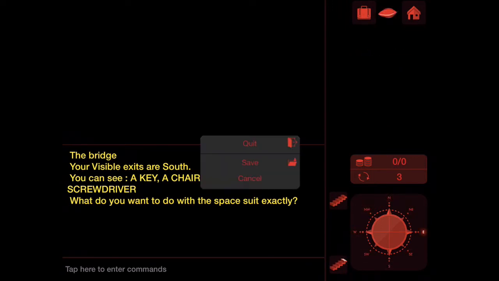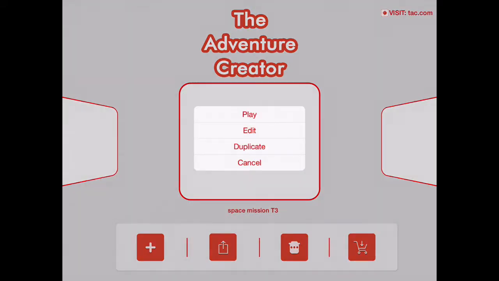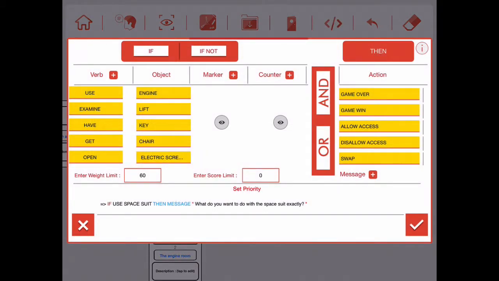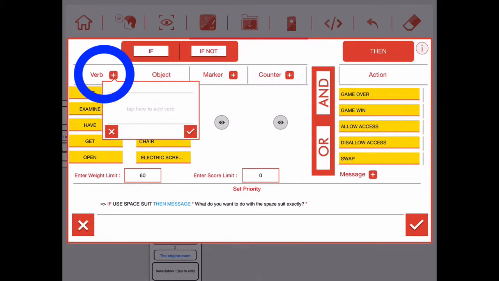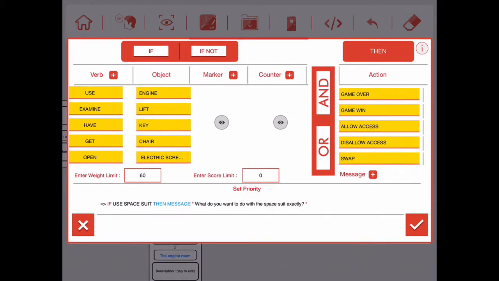Now what we really want the player to do is wear the spacesuit. So I'm going to edit my game again, and they could of course do wear spacesuit anywhere in the game. They're carrying it around. So in the global menu, I'm going to create my own verb, wear. So I tap on the plus here for verb, and I type in the verb that I want to create. In this case it's wear, and I confirm that. So now I can say